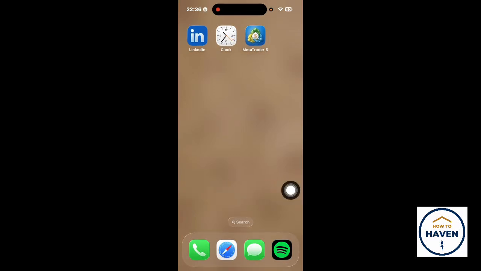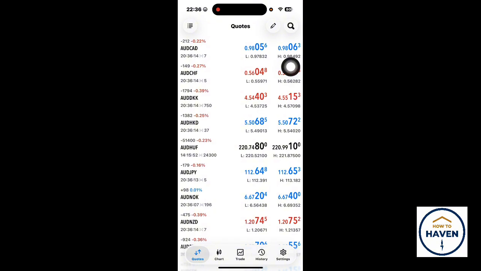In this video, I'll show you how to add a stop loss and take profit in MT5 mobile. So let's get started. First of all, you've got to open the application and make sure that you are on a real account. For this tutorial, I'm using a demo account, but if you have a real account, you can